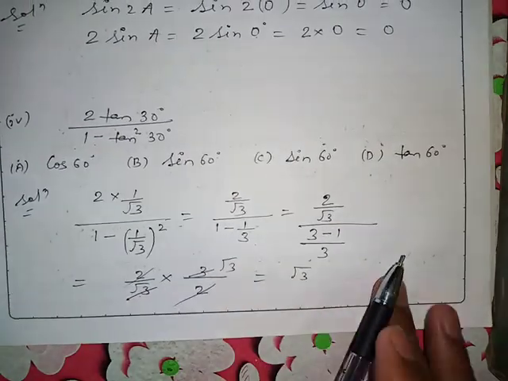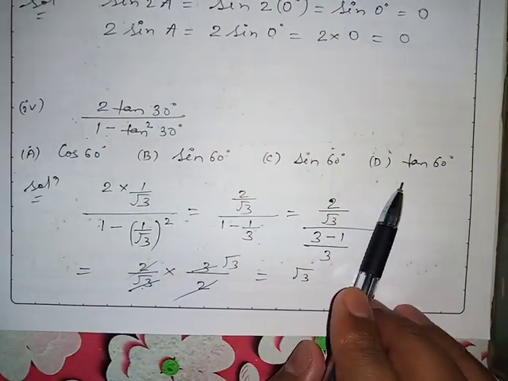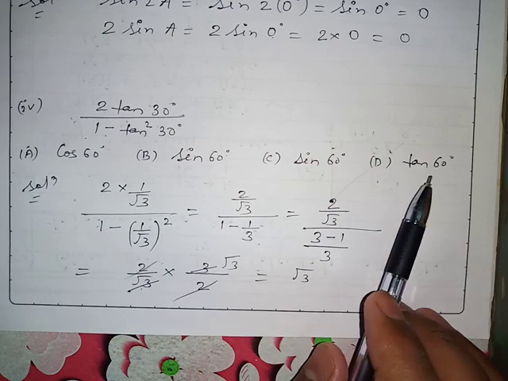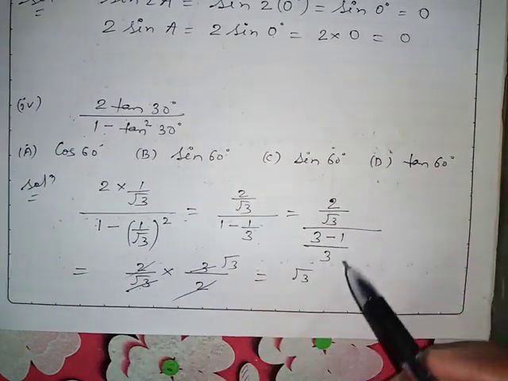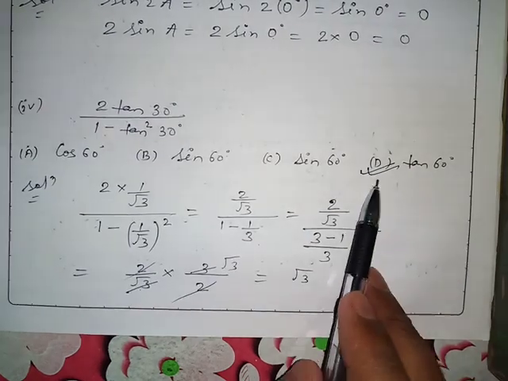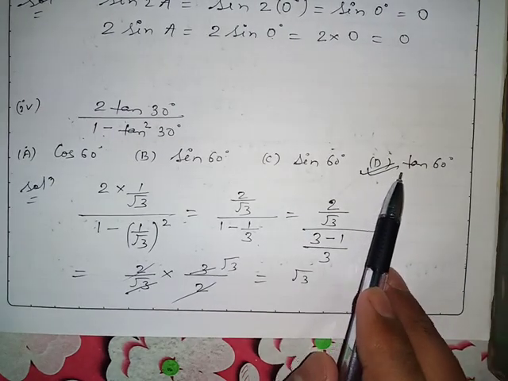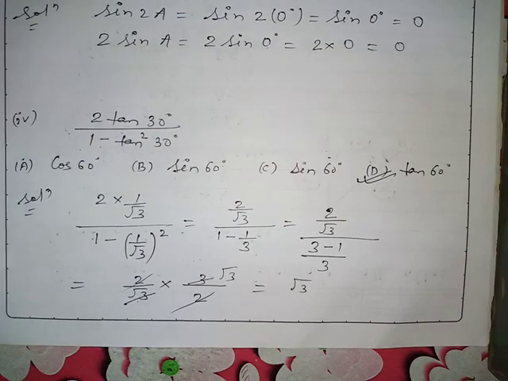Okay, so for what value out of these 4 options, the value is root 3? Okay, so root 3 is the value of tan 60. So that's why I will choose option number 4, that is tan 60 degree. Okay, tan 60 is root 3. Okay, now see